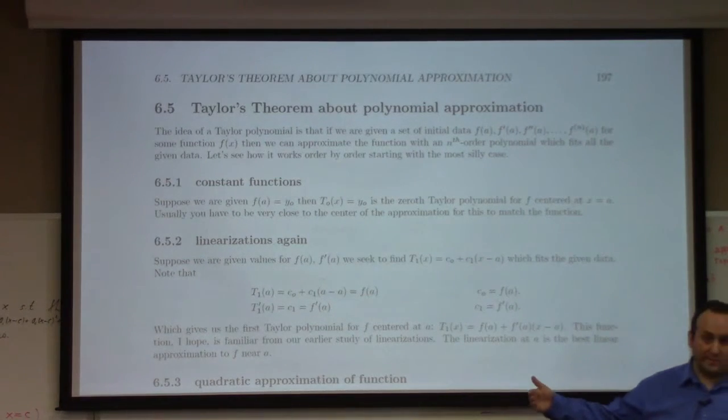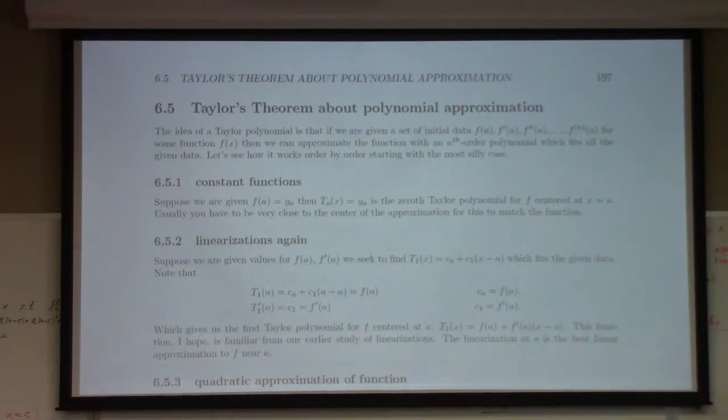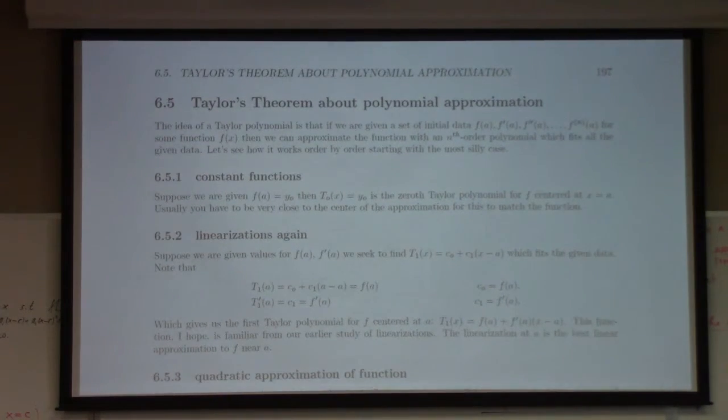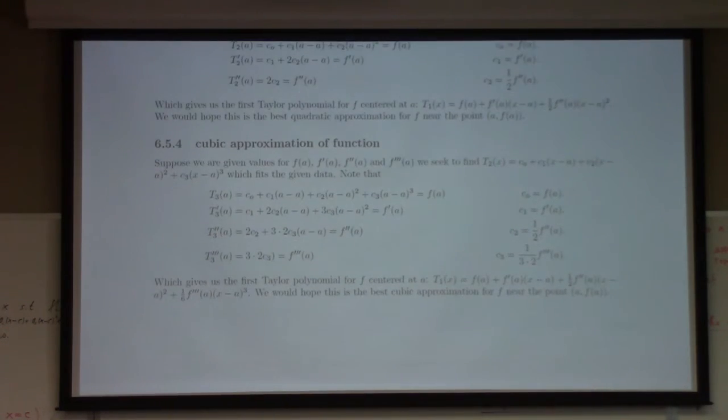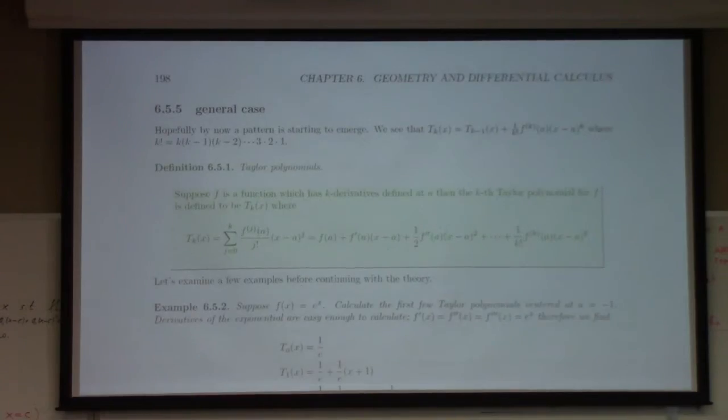And we just keep going, right? So the higher out you go, the higher order polynomial you're using to approximate the function. And so it's like beyond linearizations. It's quadratic approximations. It's the best cubic approximation. It's the best kth order. So at the kth order, that's the